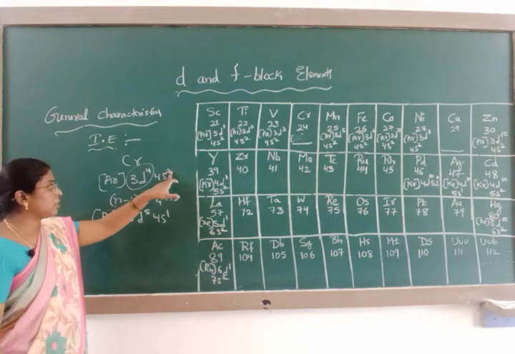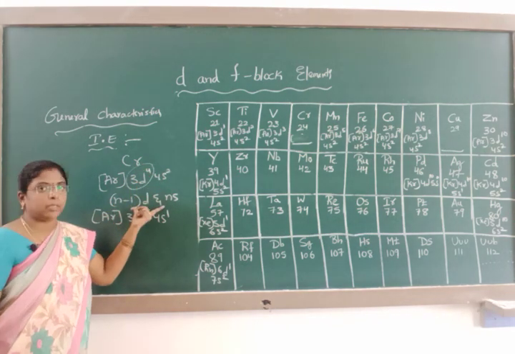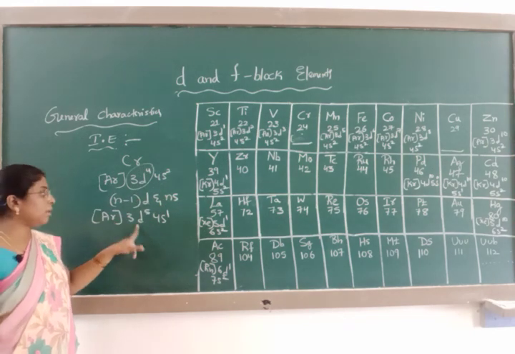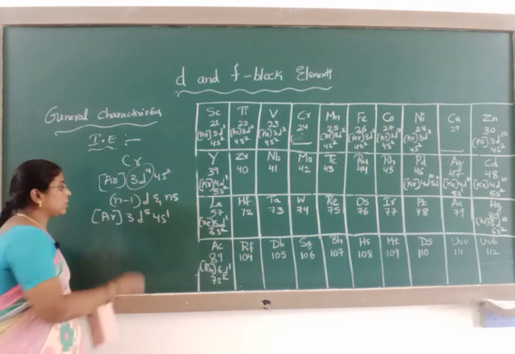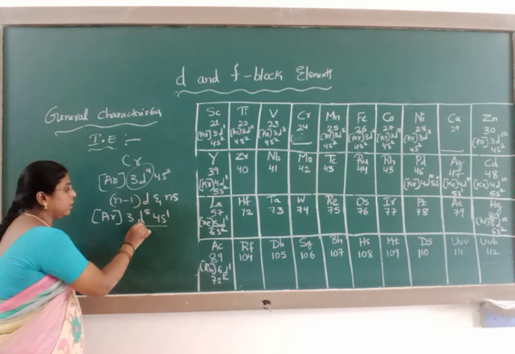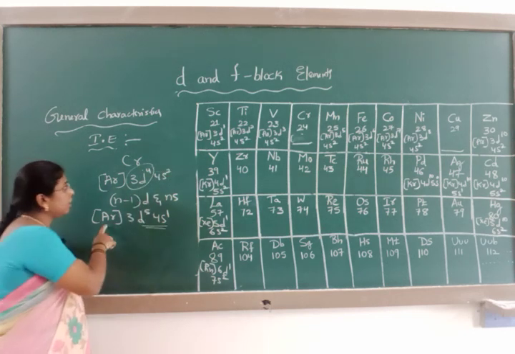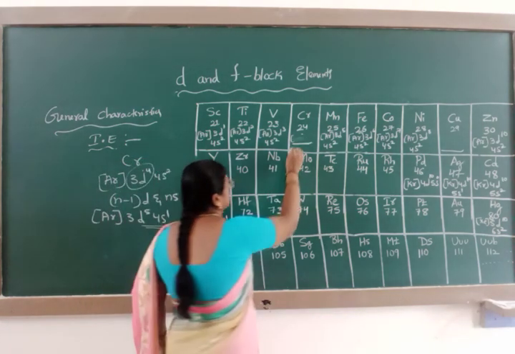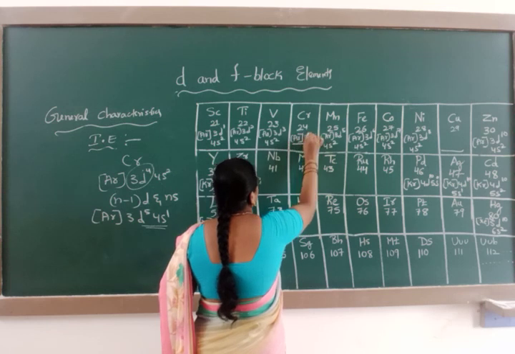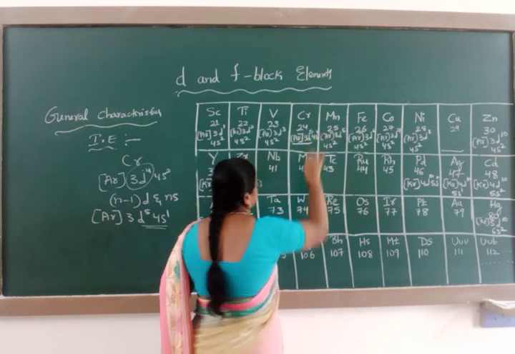Why does the transfer of an electron take place? Because these two orbitals have similar energies. Hence, chromium forms a stable half-filled d as well as a half-filled s orbital. To attain stability, one electron from 4s is transferred to 3d. It is an exceptional case for copper as well as for chromium. Argon, it becomes 3d5 4s1.